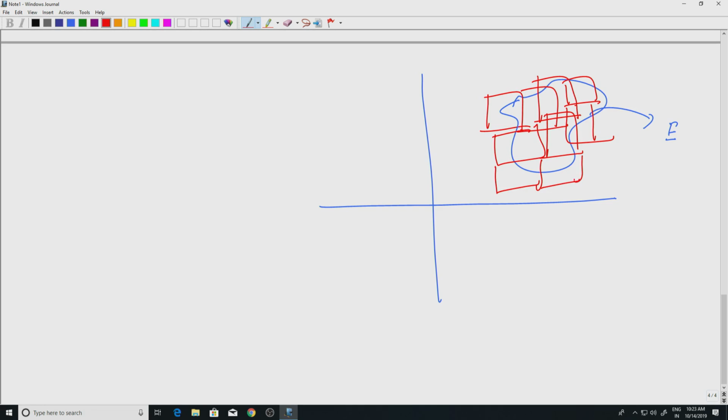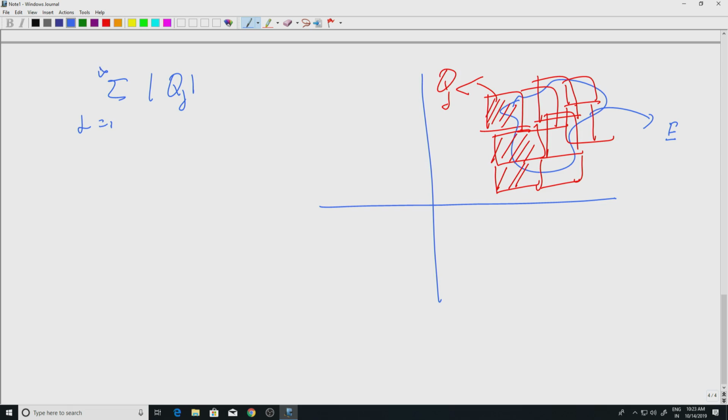You look at the volume of these cubes, and then you add them. So these are your Qj's, and you look at mod Qj, which is the volume of these cubes, and then you sum them up, j equal to 1 to infinity. So you get a number for this.